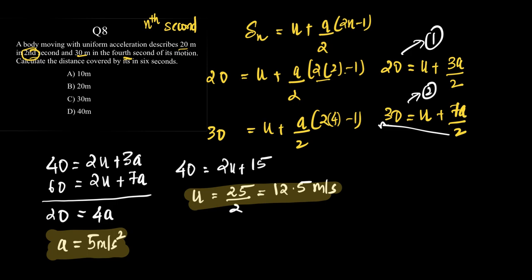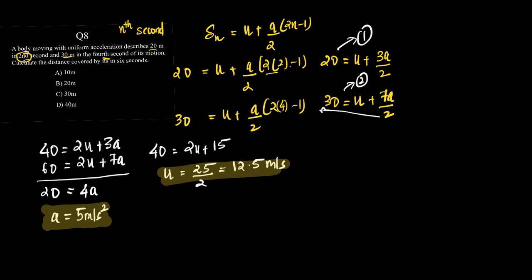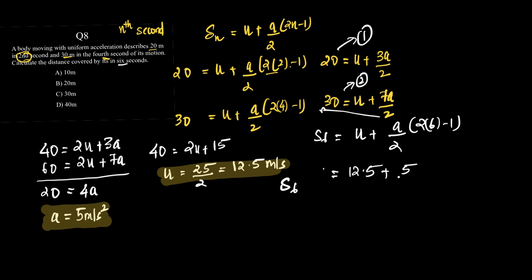Now, is this what we've been asked to find out? No, we have been asked to find out the value of S6, the sixth second, right? So what is S6 equal to? S6 is equal to u plus a by 2 into 2 into 6 minus 1, which means S6 is equal to, what is u? u is 12.5, plus, what is a by 2? a by 2 is 5 by 2 into 2 into 6 minus 1, which is equal to